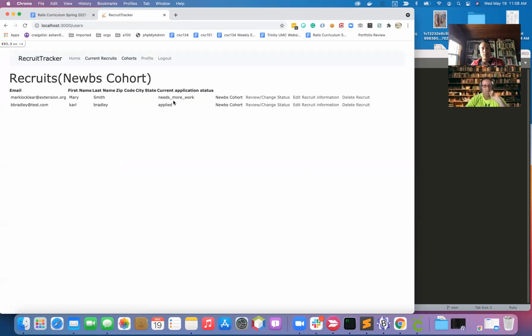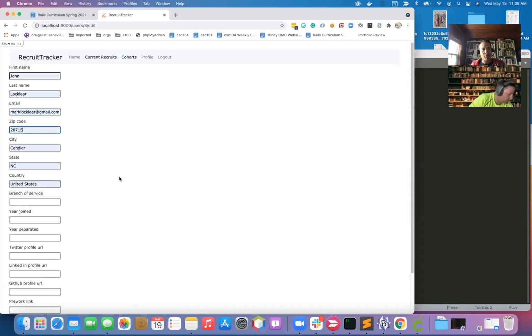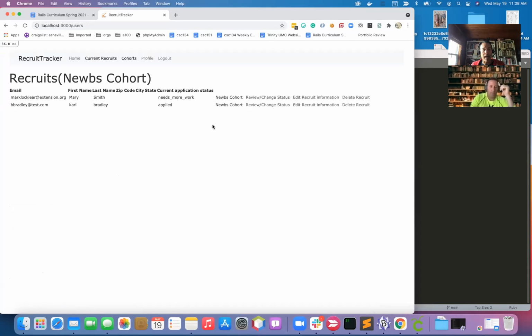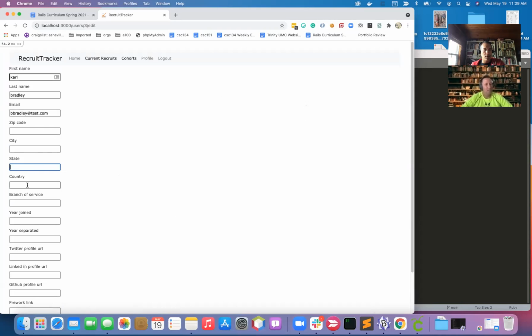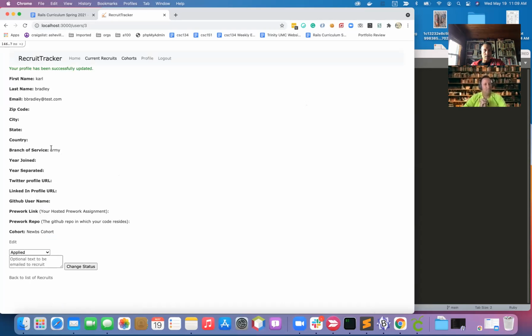Okay. So again, strong parameters. For instance, if we edit a recruit, if we add some information here and we click the update user button, you're doing a form submission, and on that form submission, you're using what's called mass assignment, but essentially you've got multiple fields that you're going to be updating at once. Let's do that, and then let's do update, and then we see it update here,